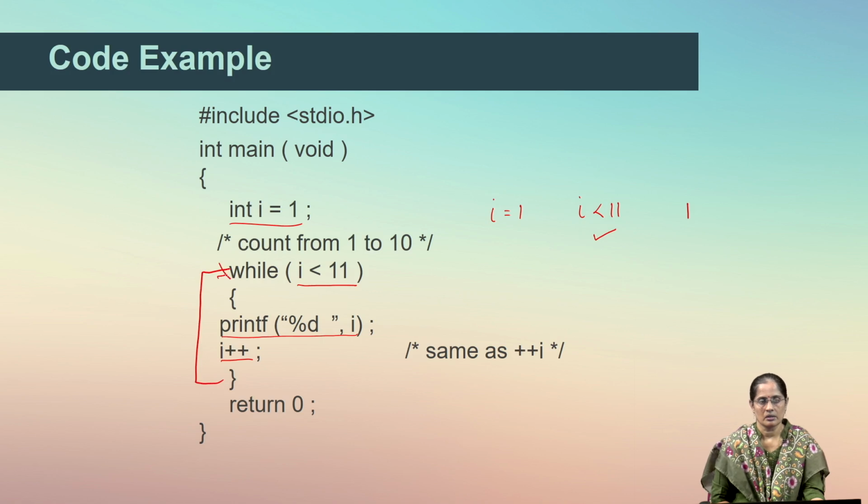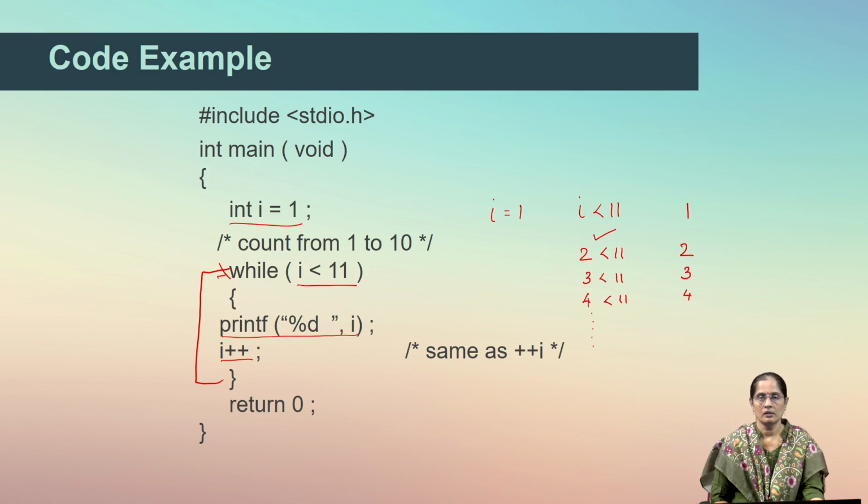condition checking statement. When it checks the condition, after execution of the previous statement, the I value has now become 2. So, it compares now 2 less than 11. This condition is also true. So, if we print the value of I, this is going to be 2, and again it checks the condition after increment. The value of I is now 3, it displays 3, then 4, it displays 4. So, it goes on